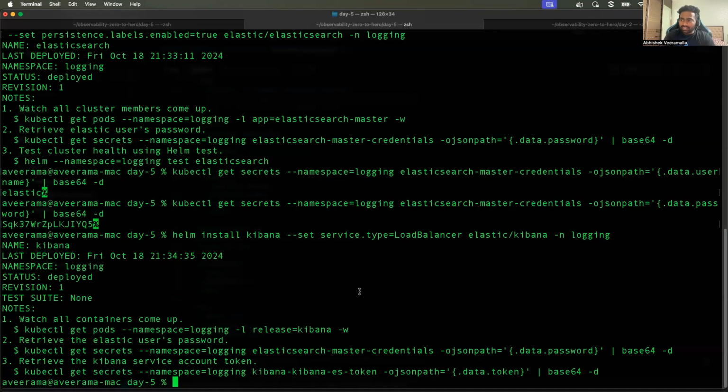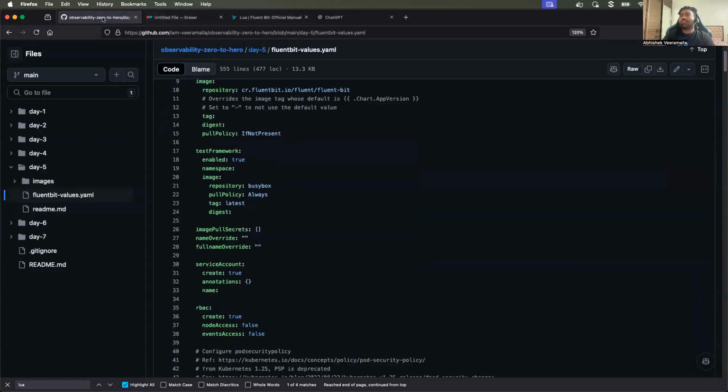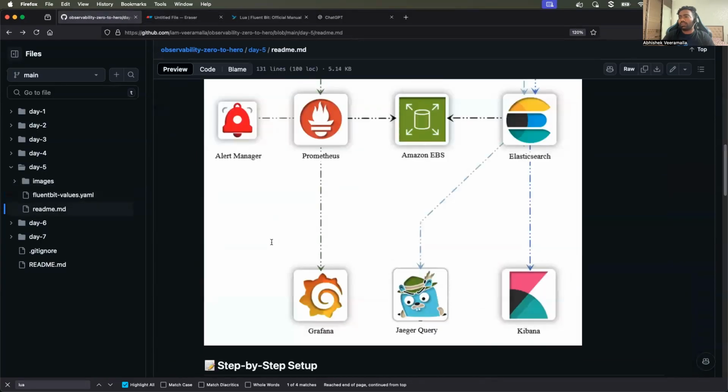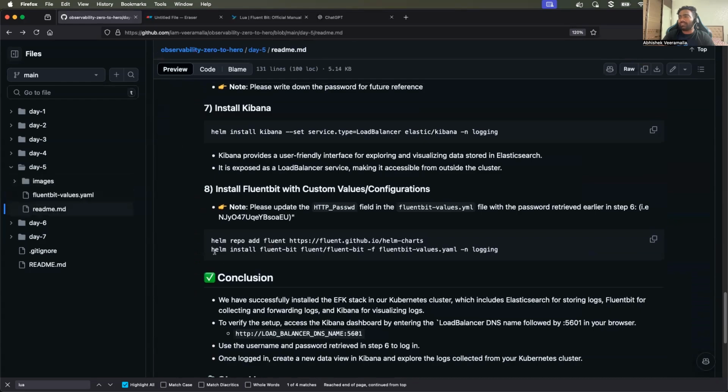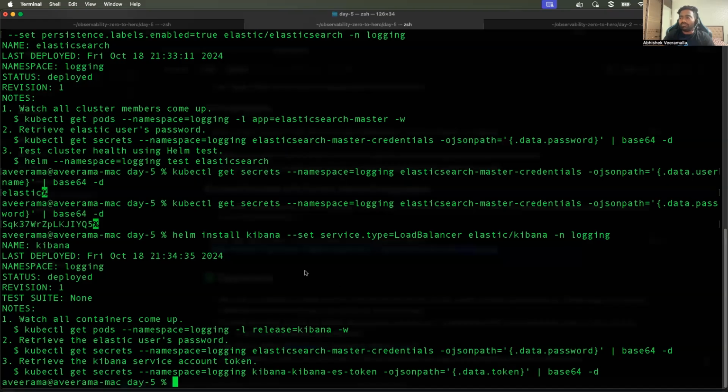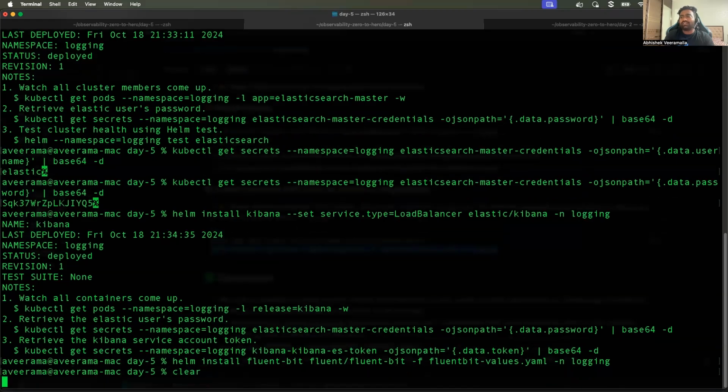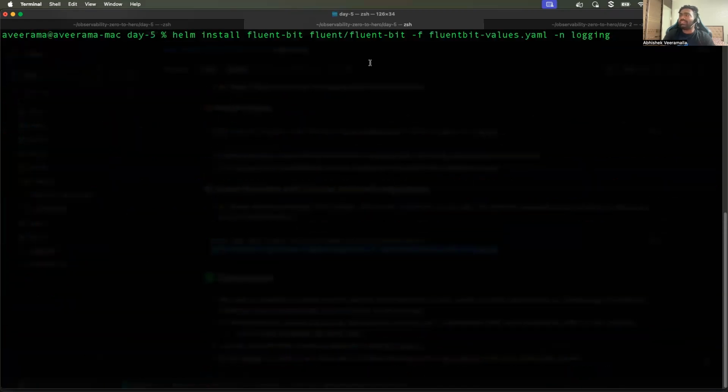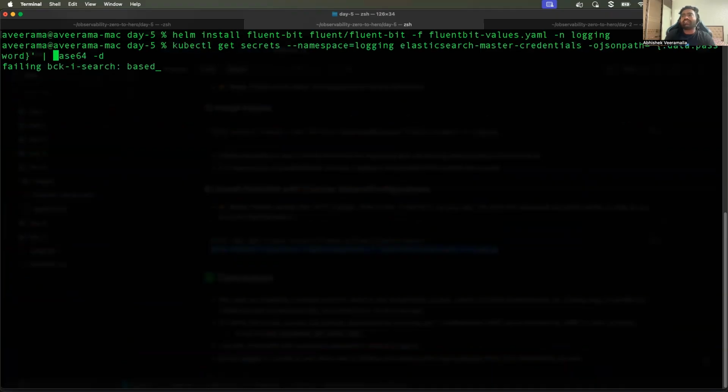Okay, this is also done, Kibana installation. Now, if you go back, so this is the command for installation of FluentBit. But before executing that, let me clear the screen. So before executing it, you need to update the values.yaml. So what we will do is, sorry, I forgot to save the Elasticsearch credentials. So this is the password. Now I will copy the password and vim